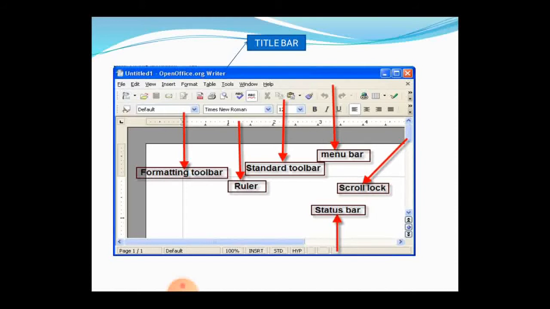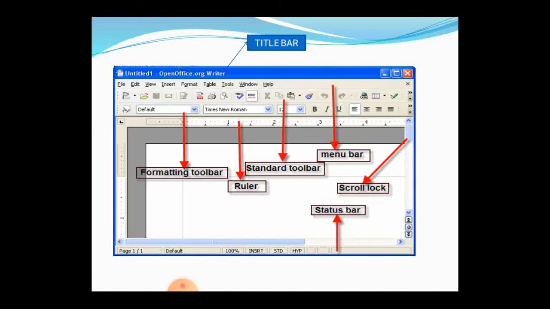For example, I am taking here a computer science document. The title bar will be given as computer science dot doc. DOC is the extension.